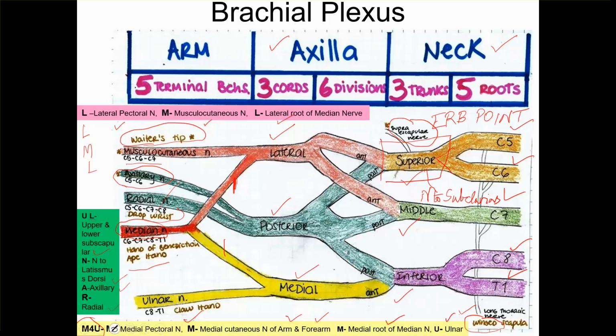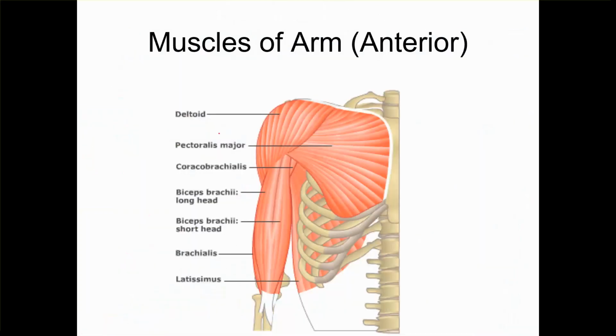Next, the muscles. The muscle of the chest wall and shoulder region is pectoralis major. Deep to pectoralis major is pectoralis minor. Then forming the contour of the shoulder is the deltoid muscle, which is also used for giving intramuscular injections. Muscles of the arm are coracobrachialis, which is here, then you have biceps brachii.